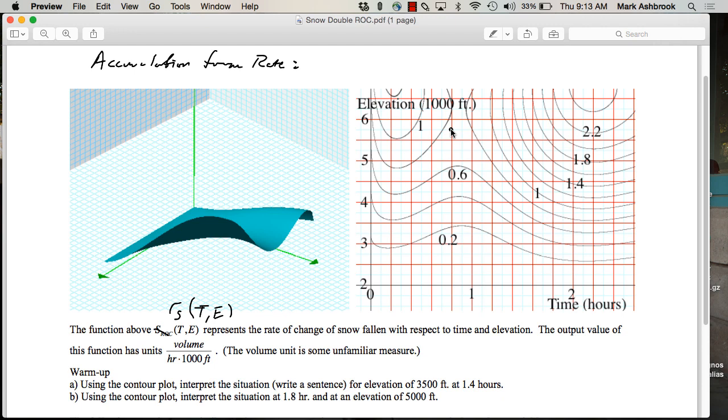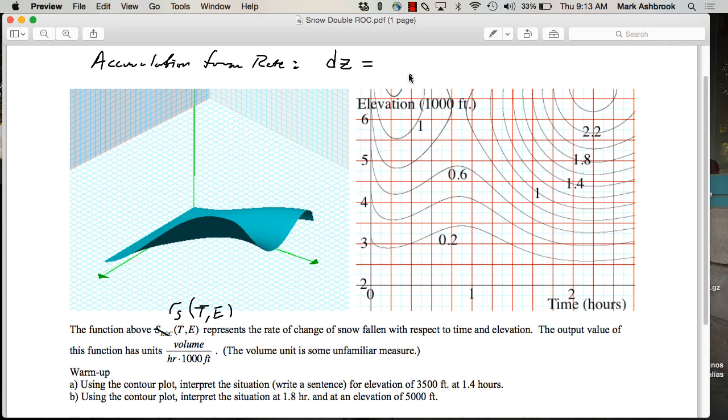But this is a totally fluctuating rate everywhere you go. As soon as you move from any spot on this contour plot, the rate is different. So it's not constant at all. So that's why we kind of have to rethink this rate of change into, can we think of it as lots of constant rates? Okay, lots of constant rates. And then we can get a little bit of accumulation, say dz